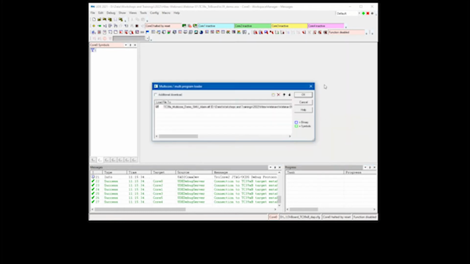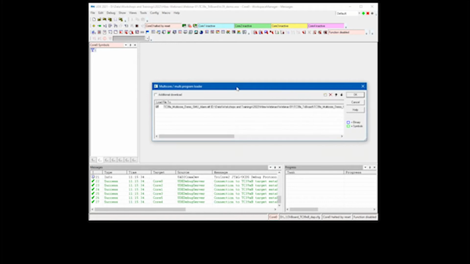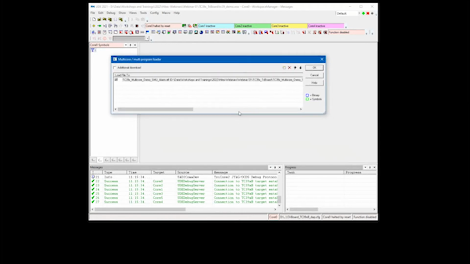I open it, and then this window pops up, which asks you how to flash or how to program the binary into the target system,